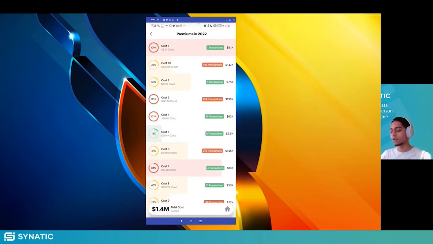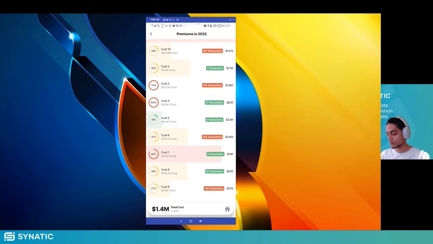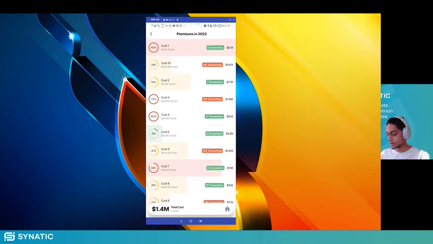So if, for example, you need to anonymize certain information, you can do that as well, which we've done in Synatic. We've got a similar layout here. We've got the progress indicator, transactions, and the values. Okay, so that's just a simple one. So if I go back,